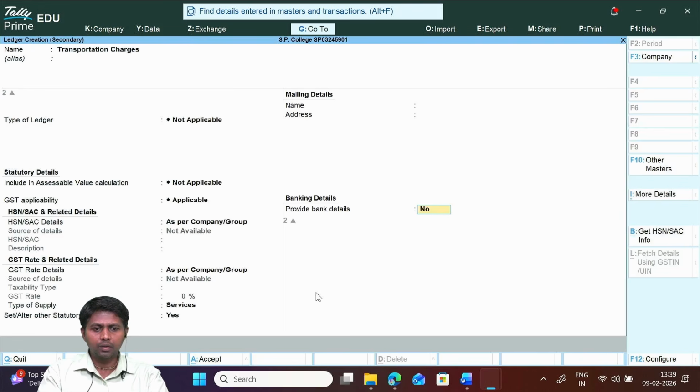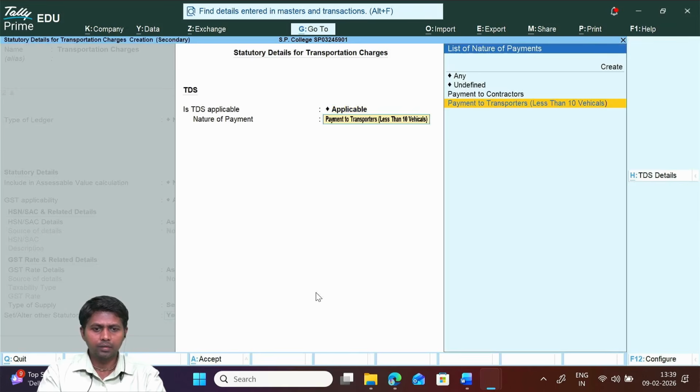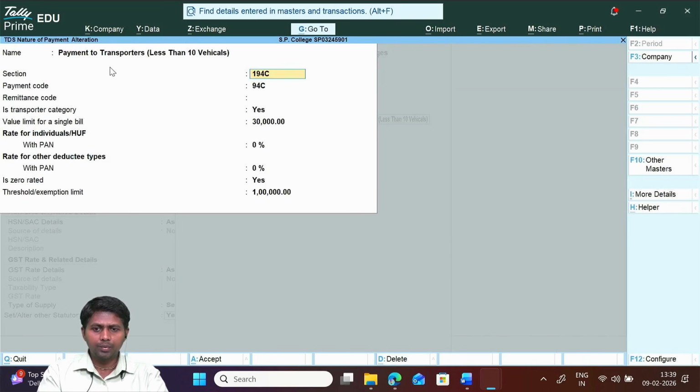Type here: payment to contractor less than 10 vehicle, 194C. Is transport category? This is very important, say yes, 30,000. And because of less than 10 vehicles, the rate will be 0, zero rated, say yes. Then is exemption threshold exempt limit 1 lakh. Okay, enter, enter, enter,